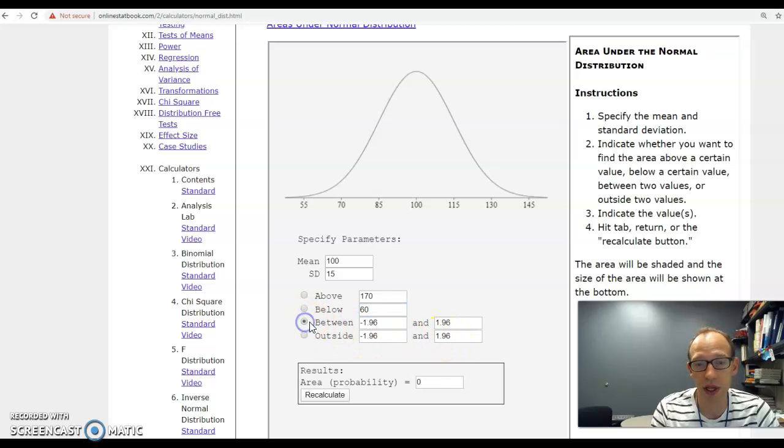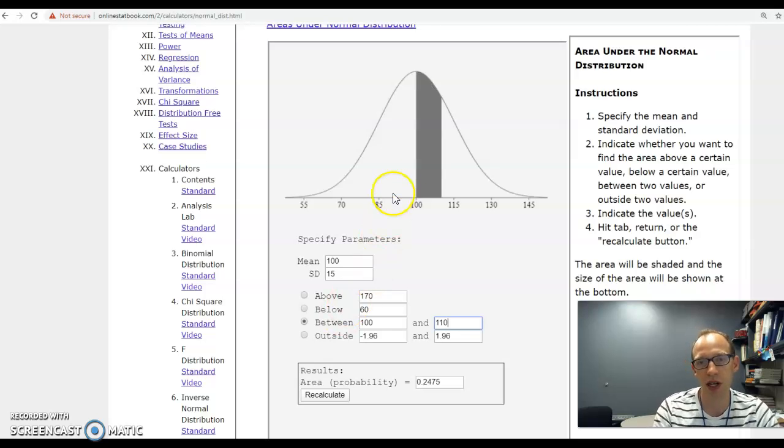Or we could say between. So let's say we wanted to know what portion of people had an IQ test score between a 100 and a 110. We press enter. So we're just looking at that chunk of the distribution, and it looks like about a fourth of the people, or a little under 25% of people, would have an IQ test score within that